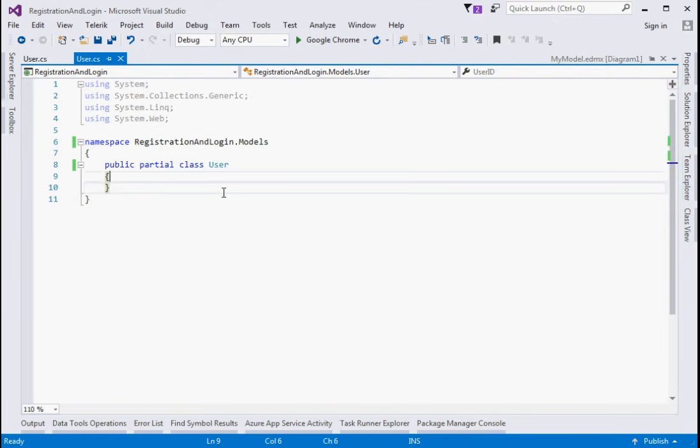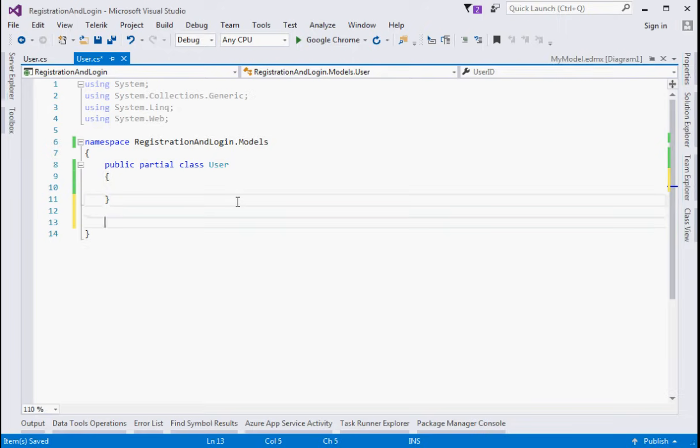For adding validators, as I told you, I will not apply the validation to the actual class. I will add another class,